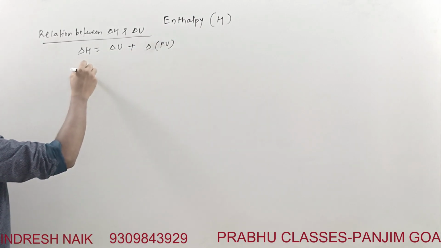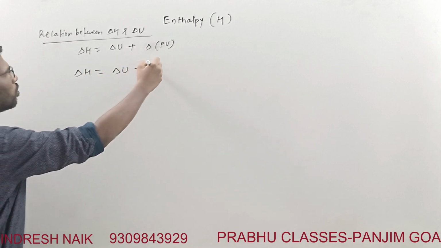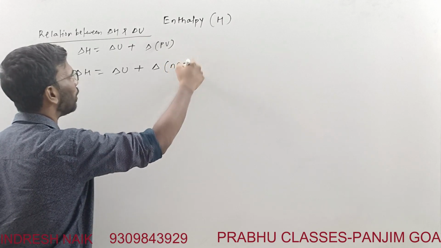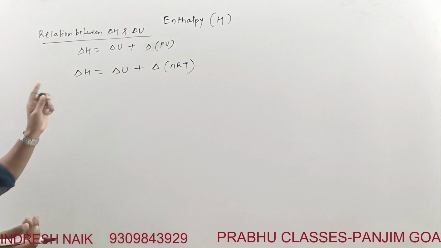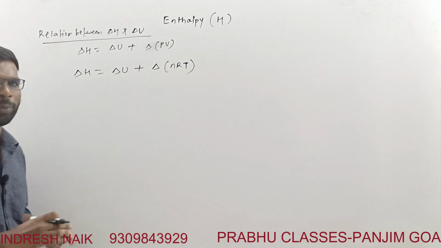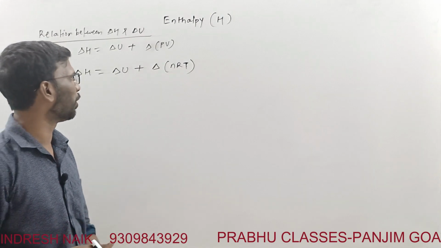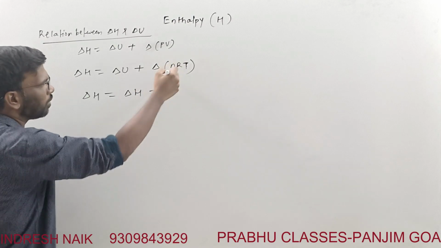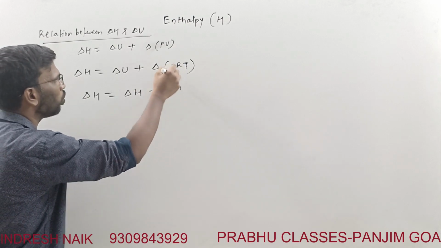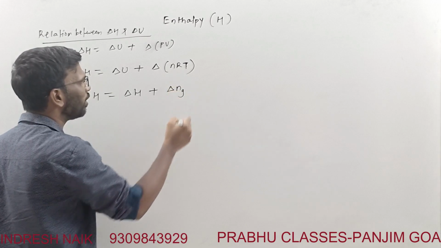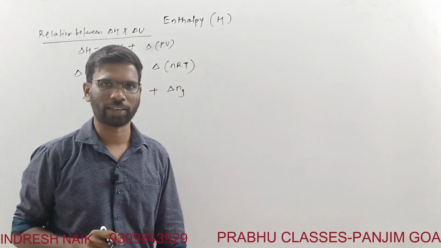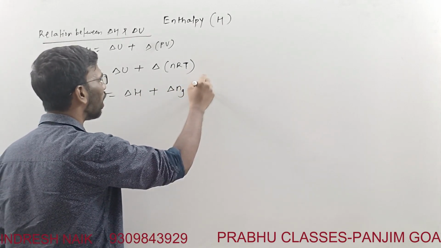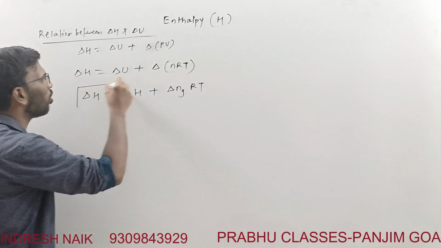So delta H is equal to delta U plus delta PV. For an ideal gas, PV is equal to nRT. This equation is at a constant pressure and temperature; whatever enthalpy we find is at a constant temperature and pressure. So I write delta H equals delta U plus delta n g RT, where delta is applicable only to the number of moles, and g means gaseous reactant and product, the difference between the gaseous product and the reactant. Now what is the meaning of delta n g?